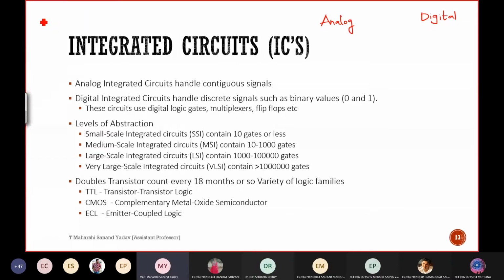I think you have read AC and DC, analog communication and digital communication. Now you will read digital. Already you have covered analog. So can anyone tell me what is analog and what is digital? Analog uses continuous time analysis, whereas digital uses a discrete time signal by converting them to digital.